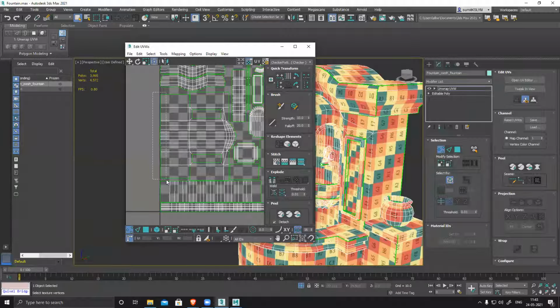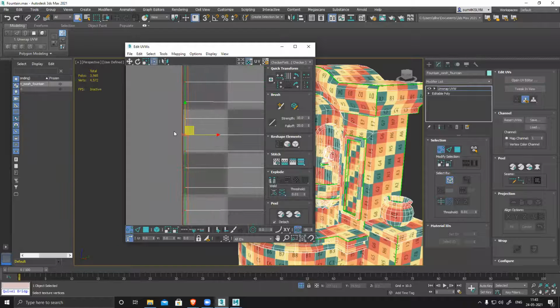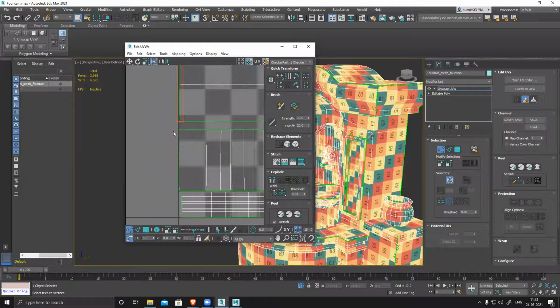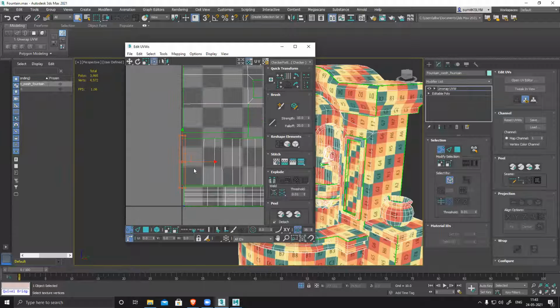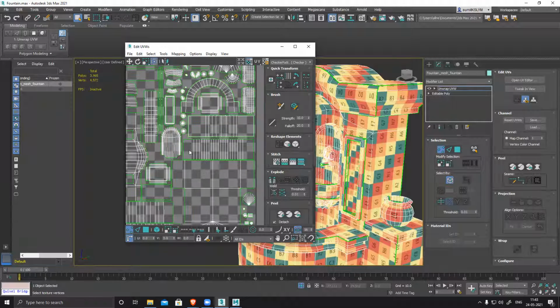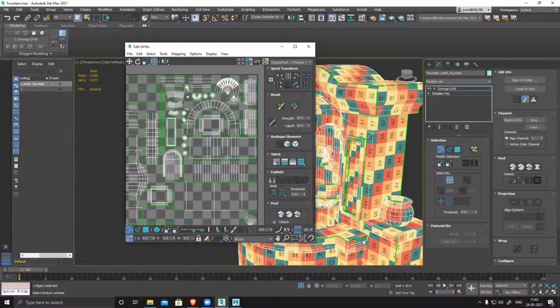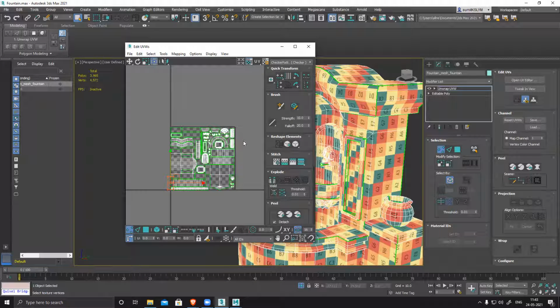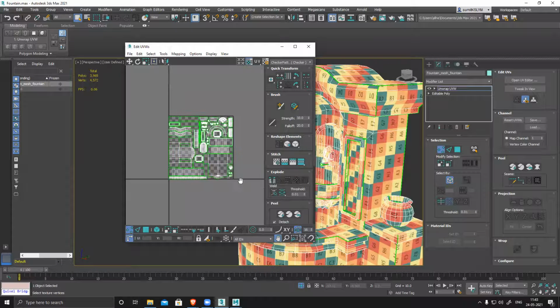This is not perfectly straight, so I'll make it straight and make sure it's not snapping to the edge. This is also slightly off. So my UV, you can see everything is snapped nicely. But now I have to check, the size of the map I'm planning is 4K, right? So I have to check if there is any overlapping, bleeding, or padding issue.